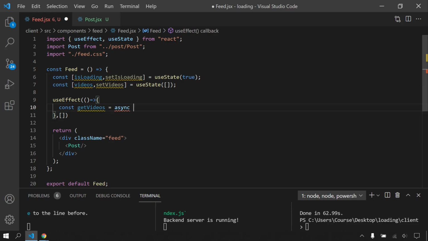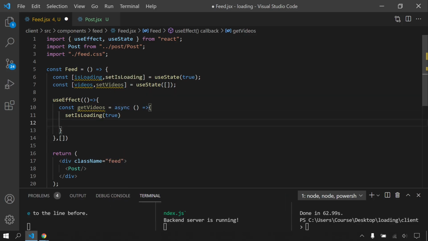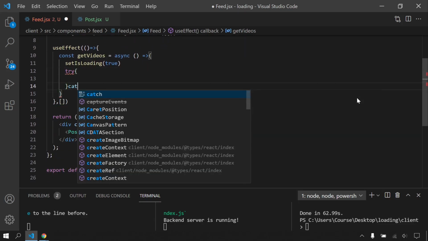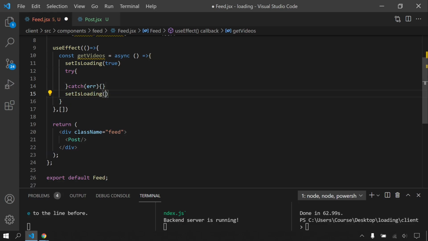So after that, let's create function here. And right now I'm gonna set this loading, because we are starting fetching. It's gonna be true. And after that, I'm gonna write here try catch block. And after everything, whether there is an error or actual data, we are gonna set setLoading as false. That's because we finished our fetching process.